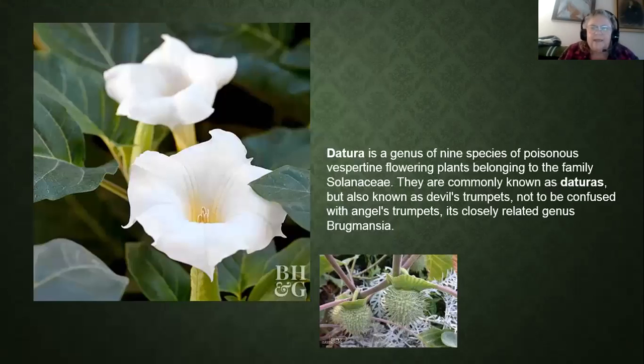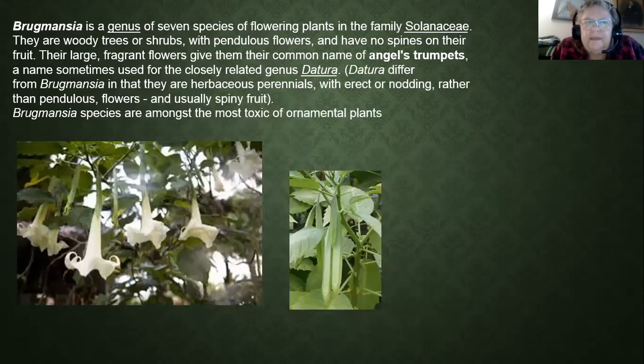I'm putting this one in because it has a heavy scent. It's a beautiful white flower. It really typifies kind of what you would want in a nighttime garden. But I wanted to caution just how poisonous it is. So this is something that you have to be aware of if you're going to have this particular plant in your garden, as well as its buddy, the angel trumpet, because these seed pods are very interesting to children, and